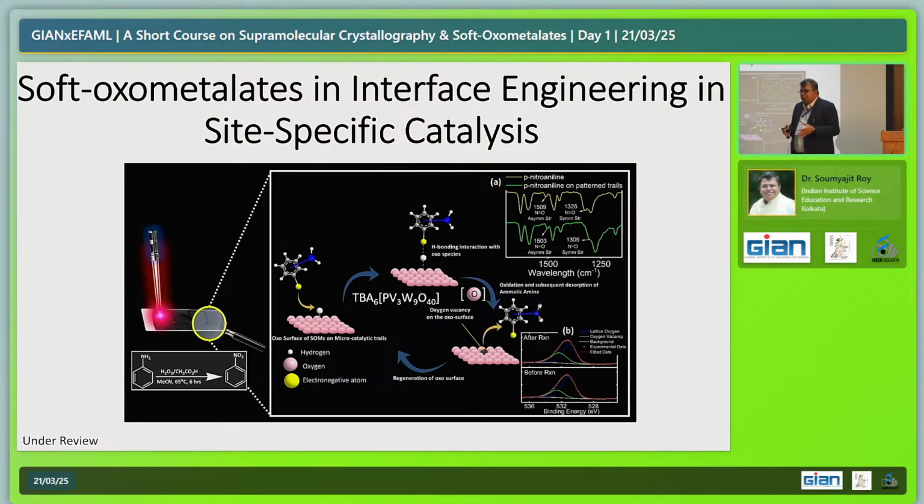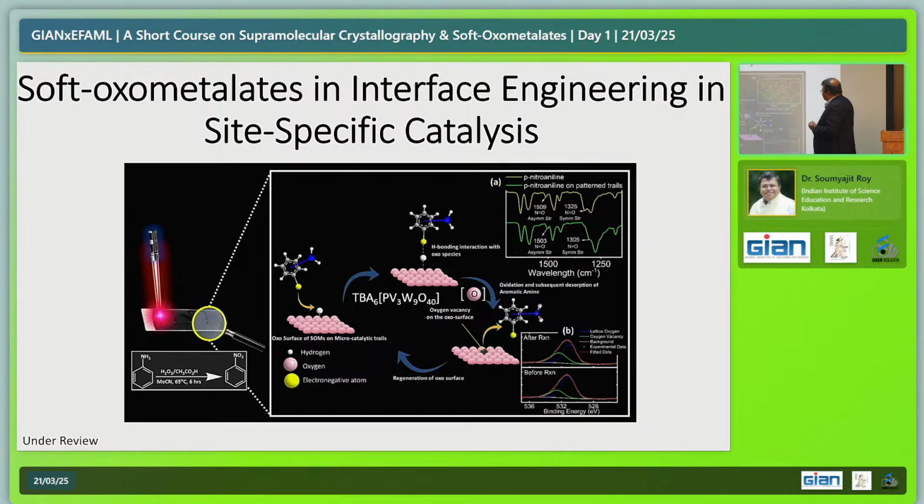So we took this polyoxometalate, and these are the molecules whose crystal structures can be determined from X-ray crystallography, as you will learn from Kari. And also there is a lecture by Professor Shamor Dash who will talk on the application of crystallography in polyoxometalates. So anyway, what they then did was they took this, and